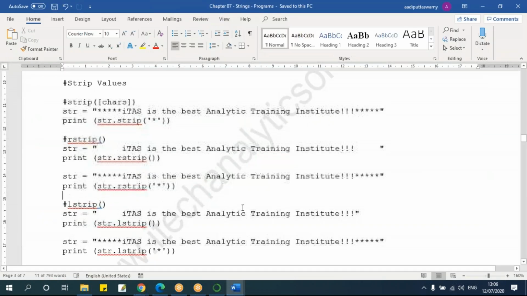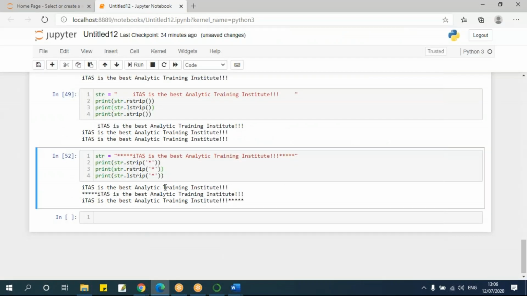This is for trimming, that is stripping. So whenever you get any data like this, you can use this lstrip. All these functions, whatever I'm teaching you, can be used in loops or in other programming blocks, but you should know all these functions to utilize them in the programs. So first we'll learn all these things and then we'll see how we can use these functions in the programs,